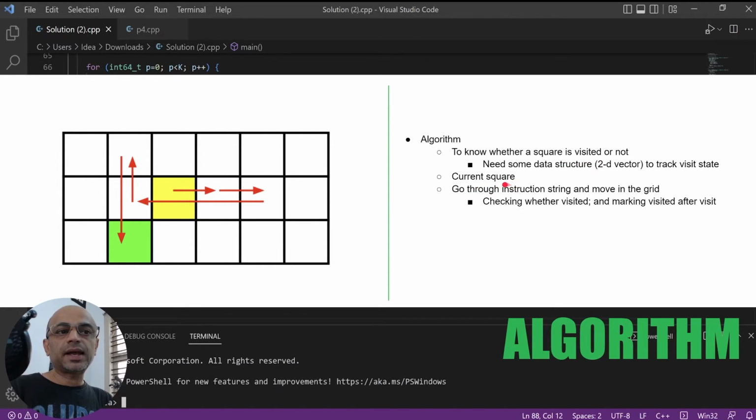Then we also need to track the current square where the robot is at present before reading the next instruction. And then we will move one instruction at a time, and according to the instruction we will move in the grid, and we will check whether the square is visited or not, and after the visit we will also mark it as visited. So that is our algorithm.